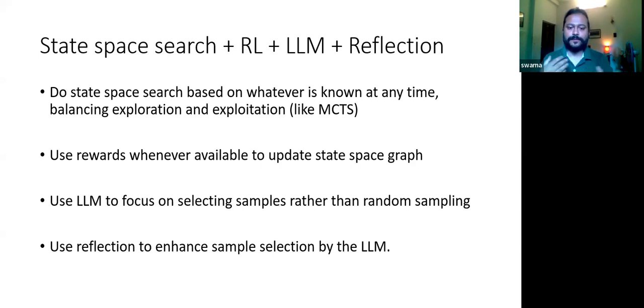Next is using a reflection strategy to enhance the sample selections. I mean, reflection is whenever you are exploring the state space, you're getting some observations from the state space, and based on the observations, certain sets of summarized learnings are being captured, and those are being stored in a separate memory. Those learnings about the environment are again put into the prompt, and that's going to help us guide the search in a better way for future queries to the LLM.